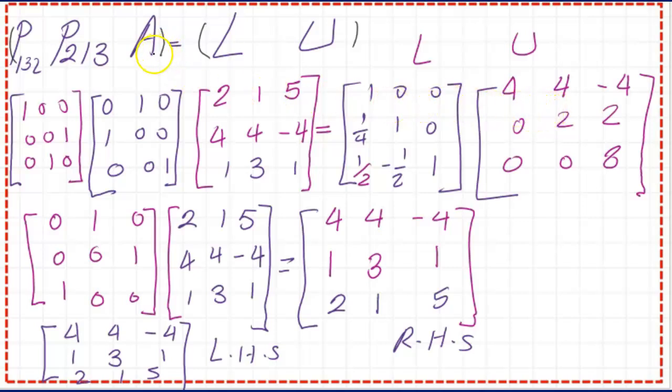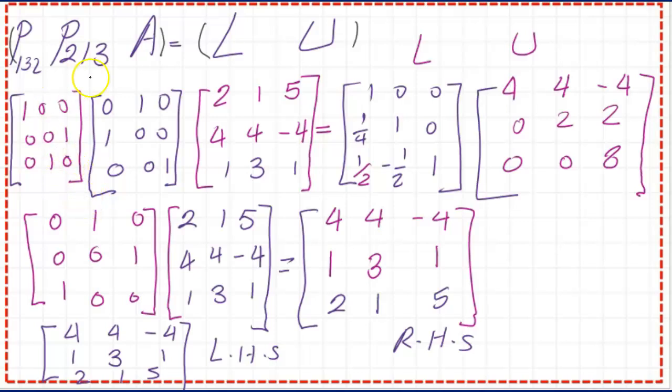Let's check. This A matrix is 2, 1, 5, 4, 4, minus 4, 1, 3, 1. This is the original matrix. B 2, 1, 3: the position of 2, which is 0, 1, 0 of the identity matrix, becomes first, followed by the first row of the identity matrix, that is 1, 0, 0, and the third row is, as we know, 0, 0, 1. Okay, what about 1, 3, 2? For the identity matrix, the first row is 1, 0, 0. It is in the same position, but the second row becomes 0, 0, 1, and the last row will be 0, 1, 0.